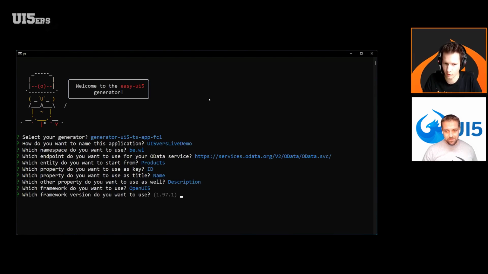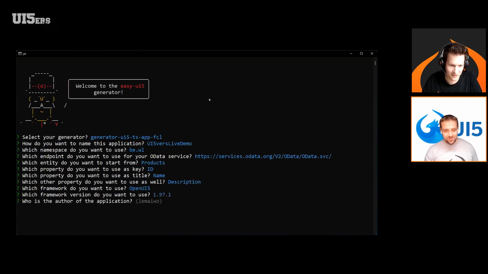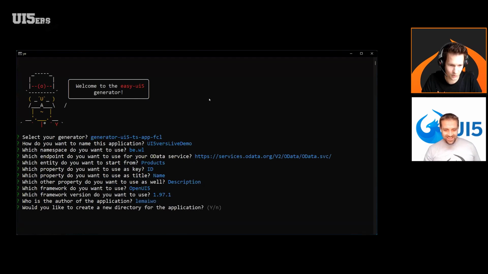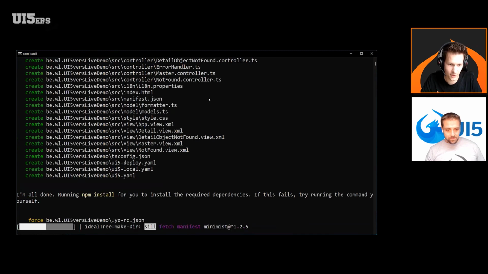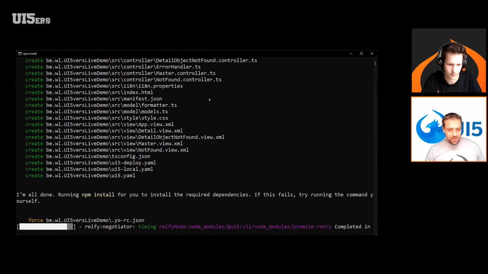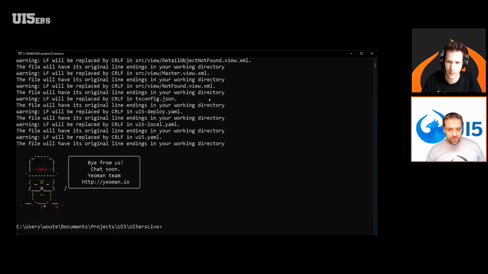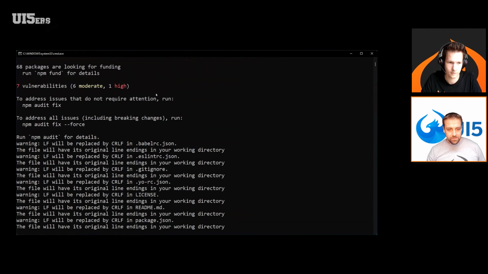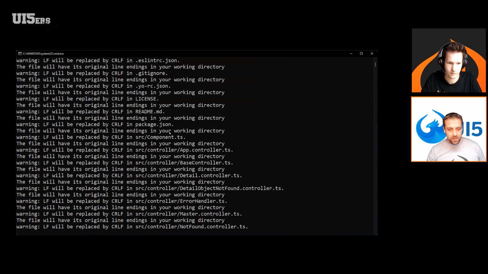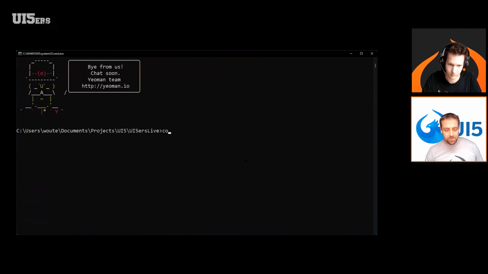I just take the default one. I think it's okay, Peter, to use this one. That's good. Okay. The latest one from yesterday. Nice. So yeah, I just take the defaults and I let it do its thing. That will immediately install the dependencies. Sometimes we discover also that it breaks here in the install phase. In this case, just go in and in the project run npm install then again.